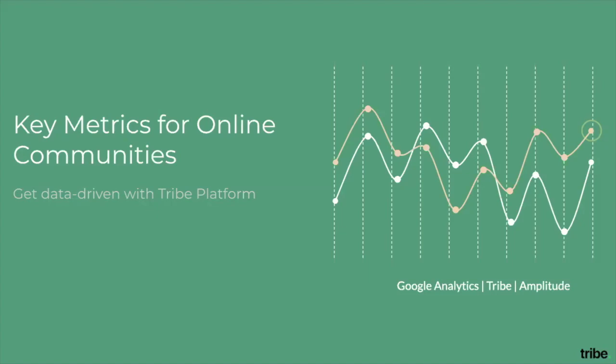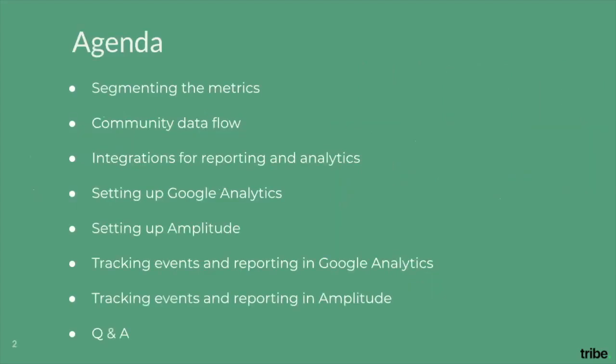But here specifically, we're talking about how we can track the ones that are mainly quantitative using our data integrations and analytics integrations. And there are different types of communities, right? There are like support communities, there are like social communities, there are insight communities. So really based on what type of community you are running, the metrics can vary, and we'll get to that